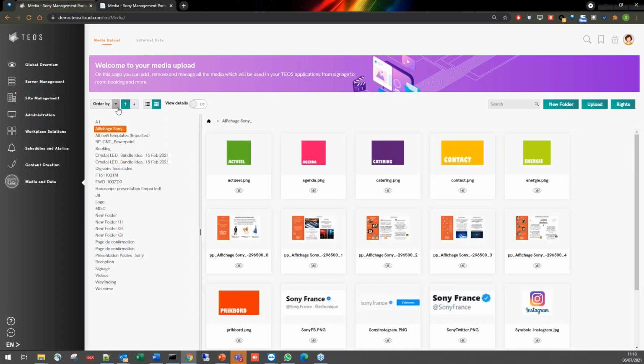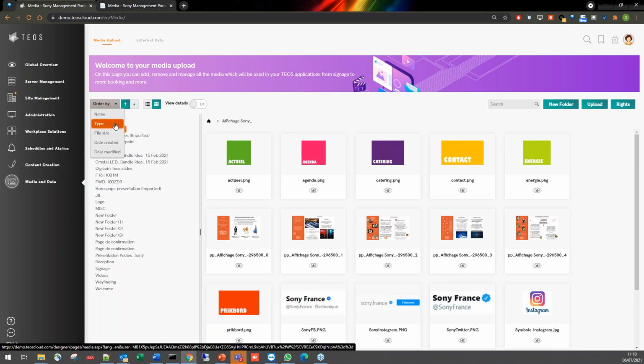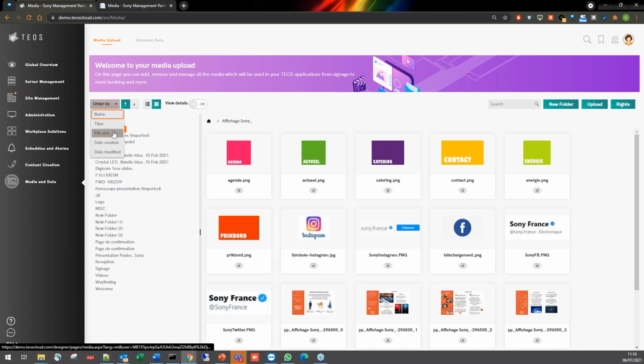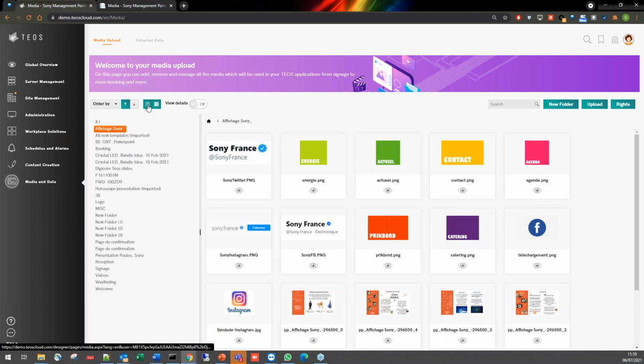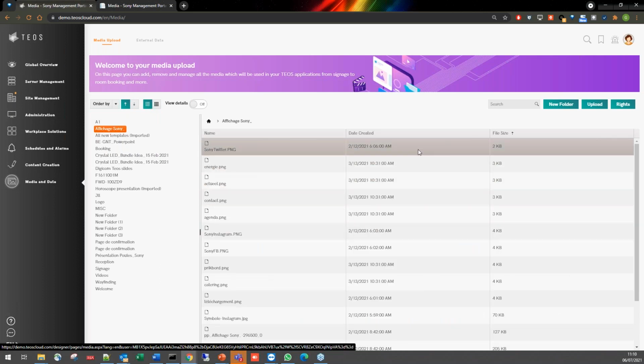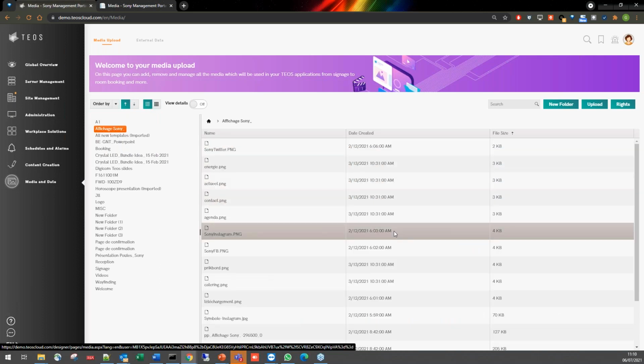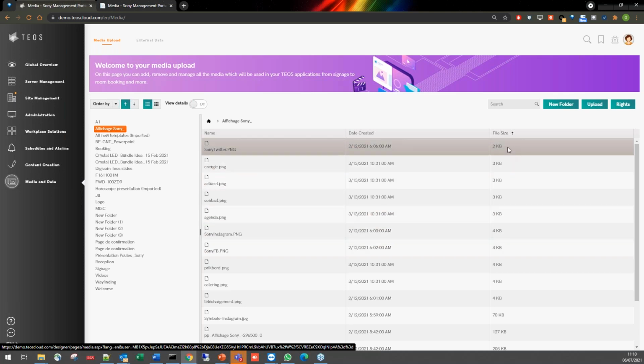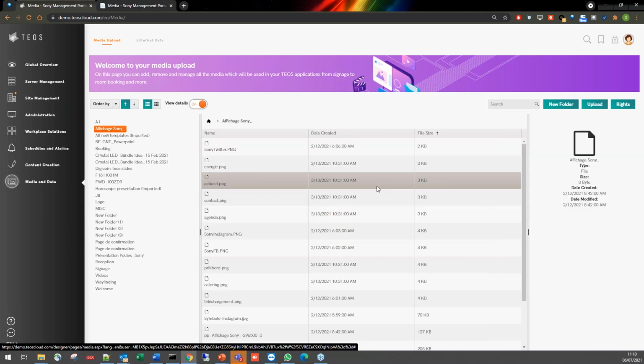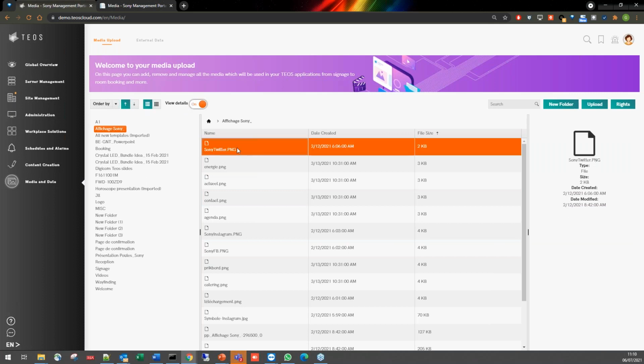You can sort them, order them by type or by size, for example, by creation date. You can see them in a list view where you automatically get when the content has been uploaded or created, as well as the file size. You can get view details, and if you right click on the content, you get the possibility to manage rights, where we also did a lot of work on the rights management, as well as deleting it, of course. That is something that can be done.